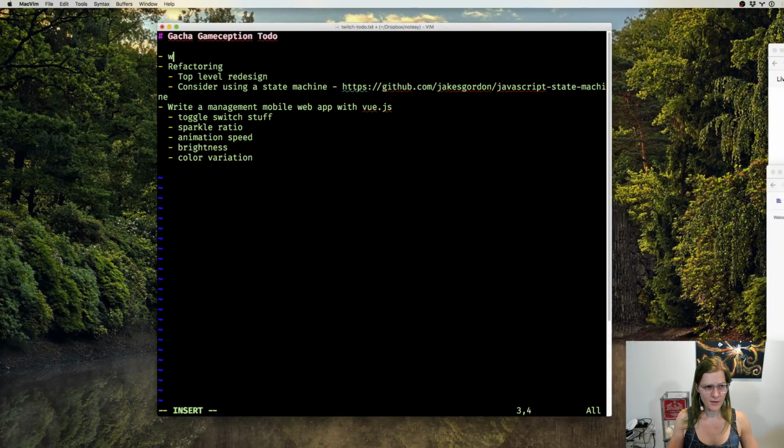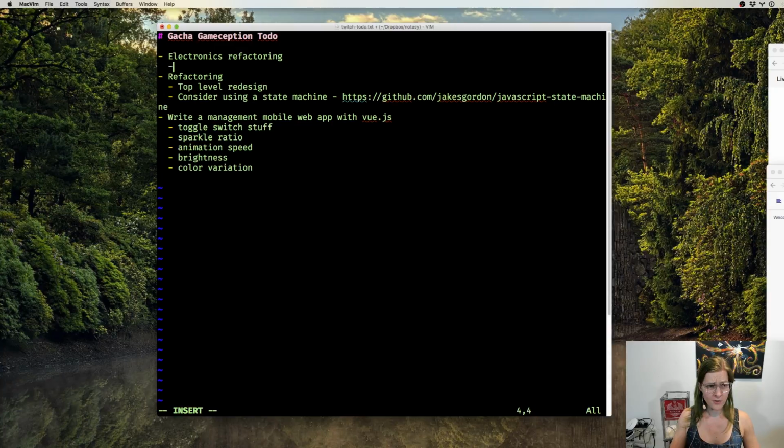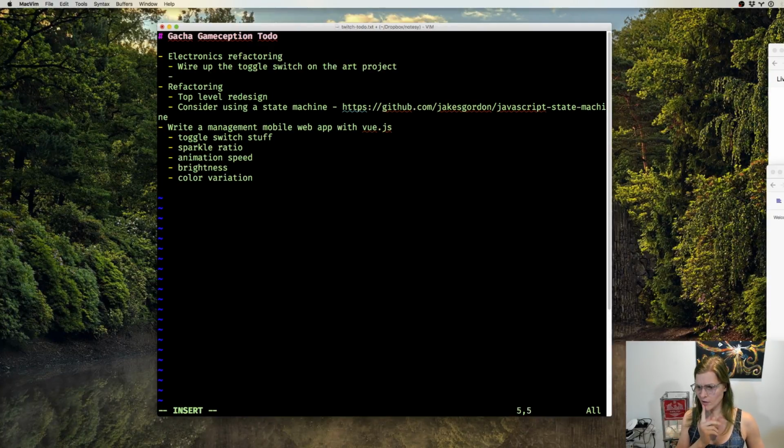So let me just do some electronics tinkering. So electronics refactoring. A couple things I want to do. I want to wire up the switch I added to the actual art project, the actual artwork. I also want to fix the continuous servo that it uses to dispense the toys, and that is broken. It got broken by me futzing with it. So fix the wire for the servo motor,